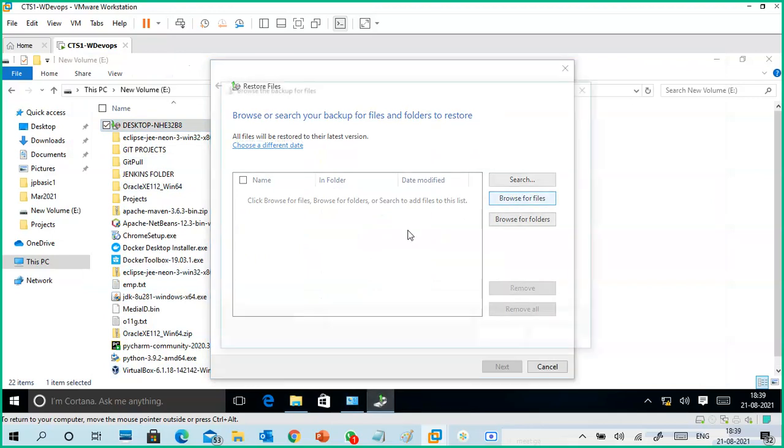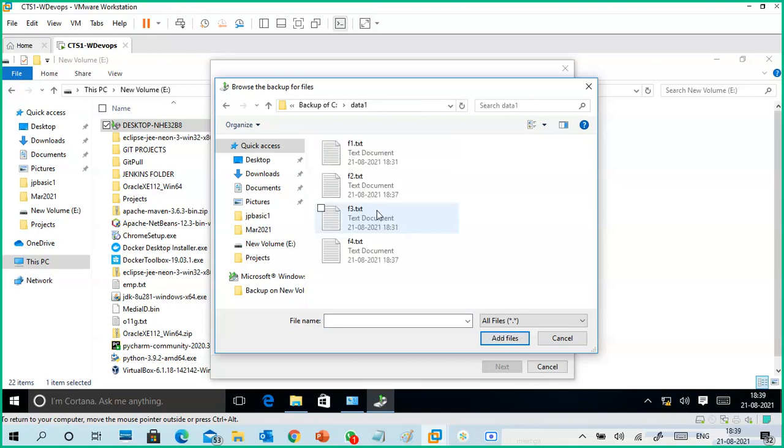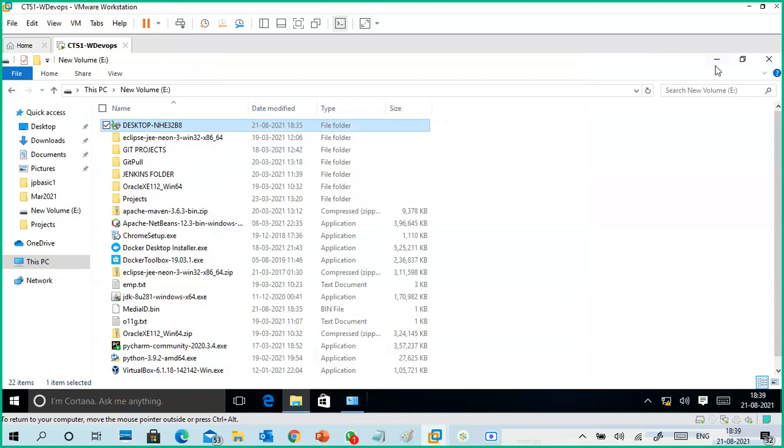So then we'll see. C drive, data one, and you can see these files also. You can see the last modified, the modification date. These were all created at one time, but there are last modified and newly created ones. So it will manage based on the modification date.